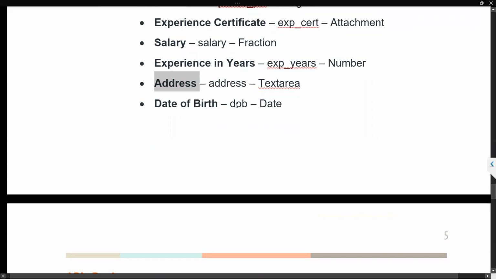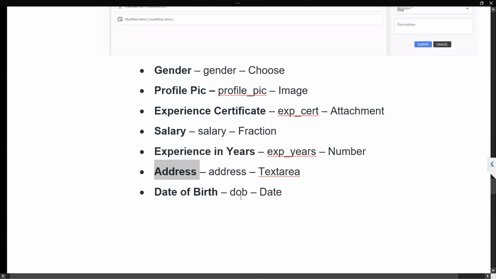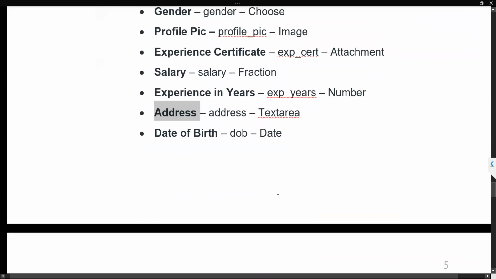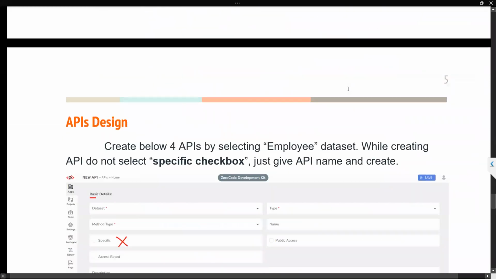Date of birth, I name it DOB. Date of birth will always ask the user to select only the date, forget about time, so I chose the field type as date. We also have date time, and map. These fields are somewhat advanced, so don't worry about them now. JSON also is not required. So I have covered all the remaining field types. Create with these names